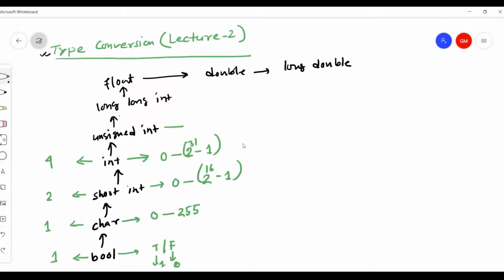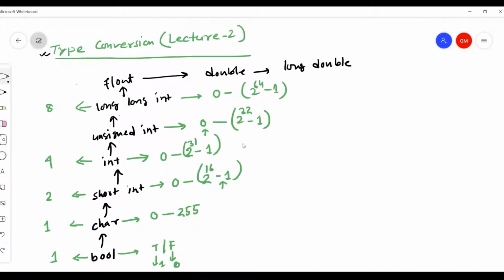Unsigned integer supports only positive numbers, so the range goes further, up to 2 to the power 32 minus 1. This is the minimum value and this is the maximum value a particular data type supports. If we go further, long integer size is 8 bytes, and the values it supports are from 0 to 2 to the power 64 minus 1.